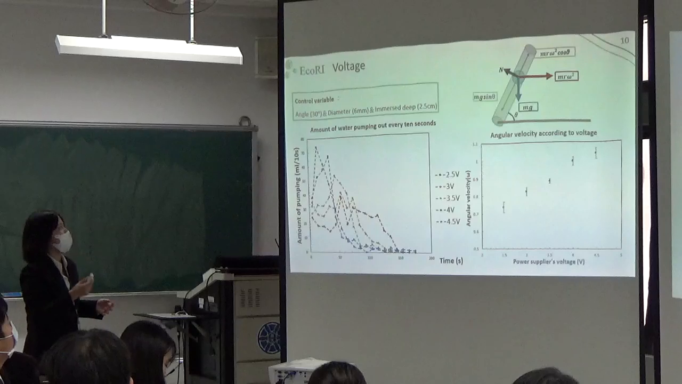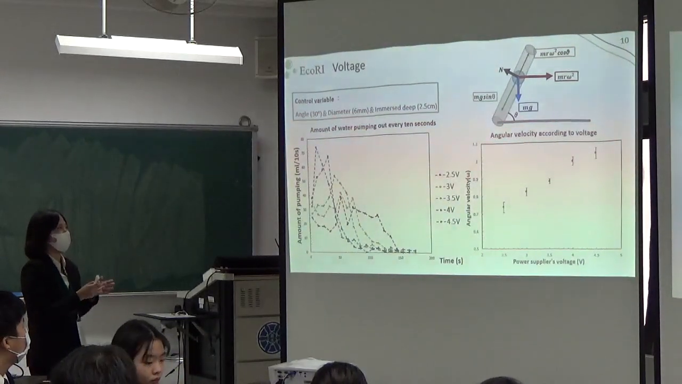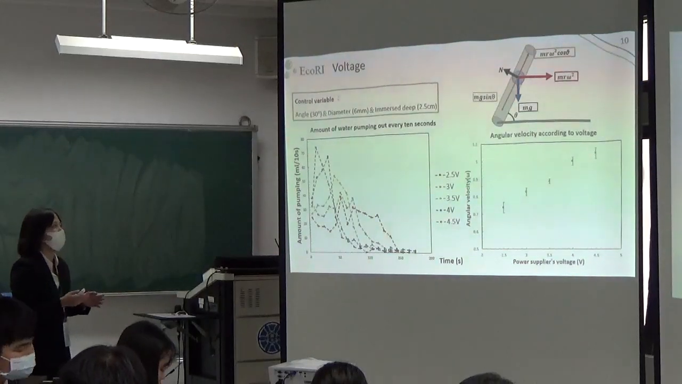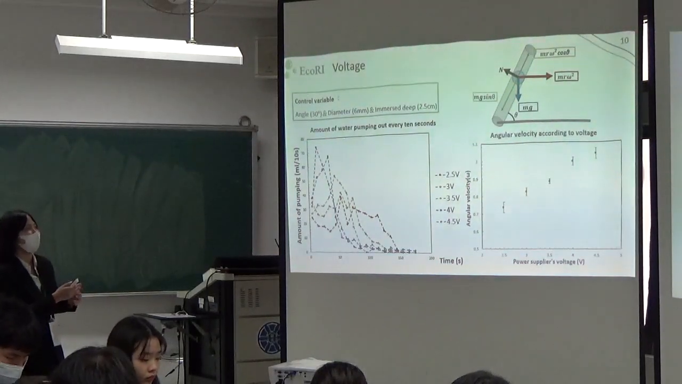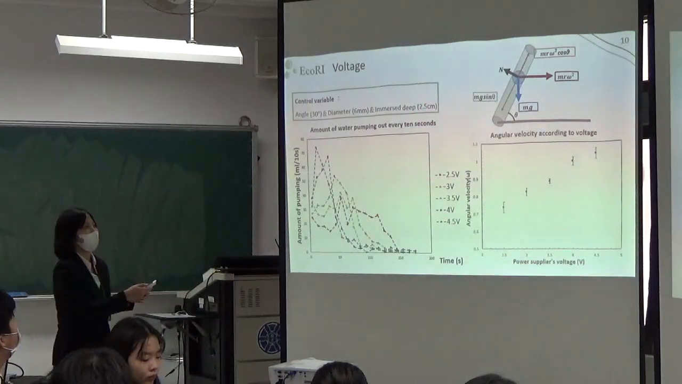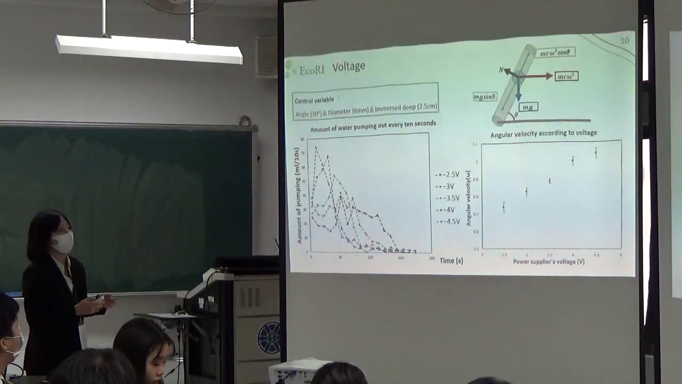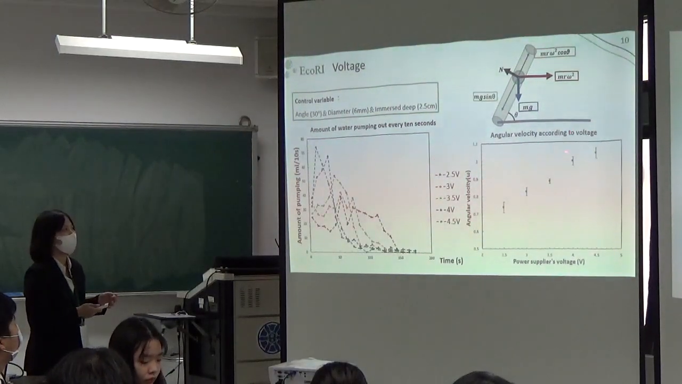And we can see that our control variables are the angle of the straw, the diameter of the straw, and the immersed depth of the straw. We control the immersed depth at 2.5 centimeters. And we can see in the right side picture that when the power circulator's voltage increases, the initial angular velocity will